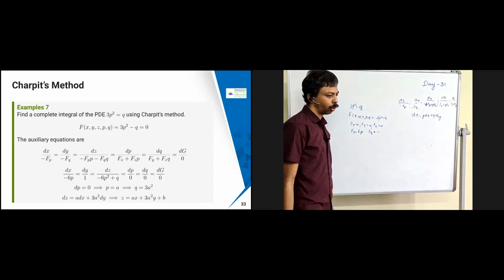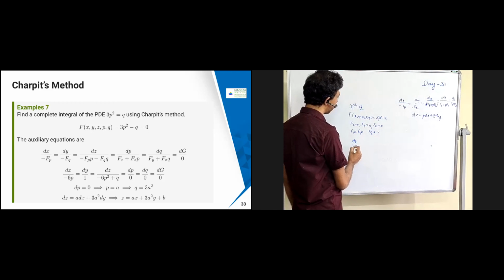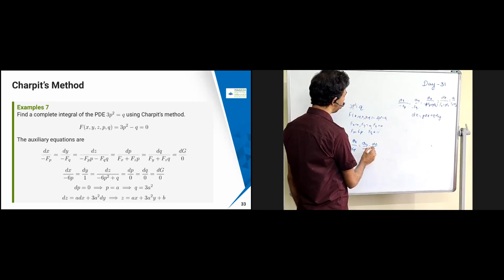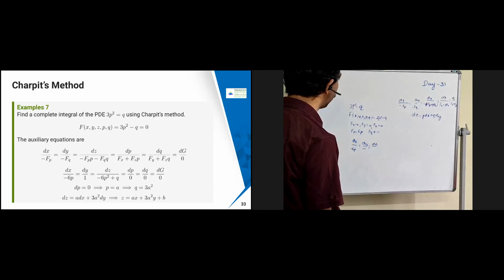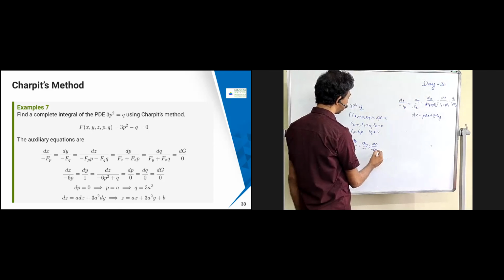So we are going to get dx by minus 6p, dy by minus 1, dz by minus p into 6p square,